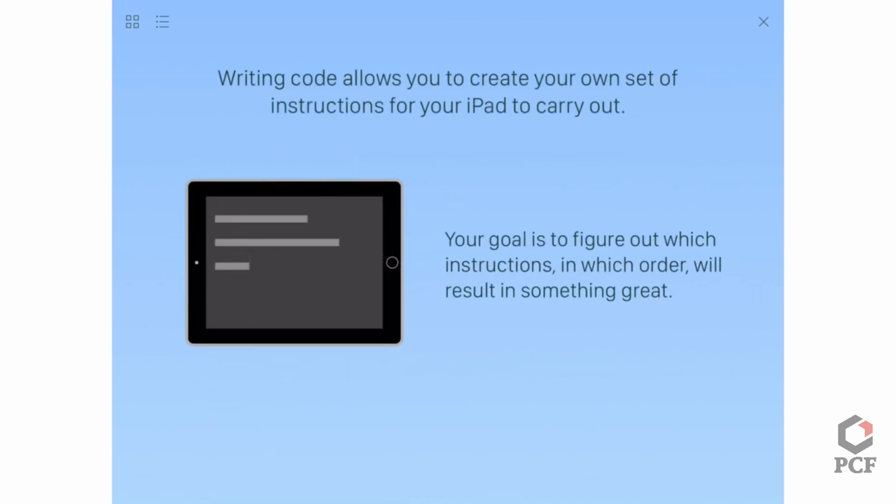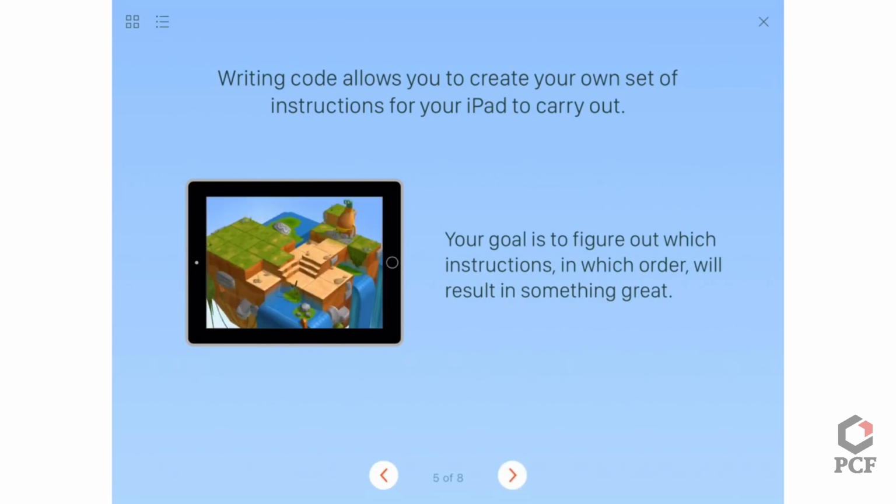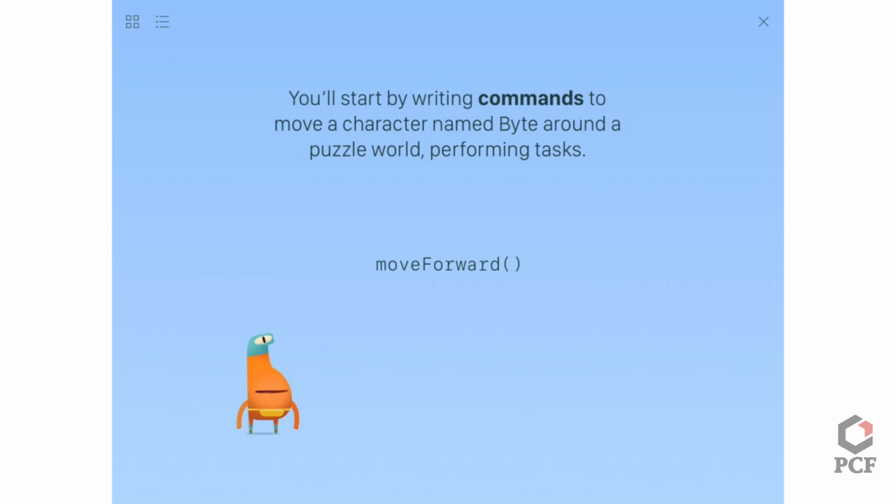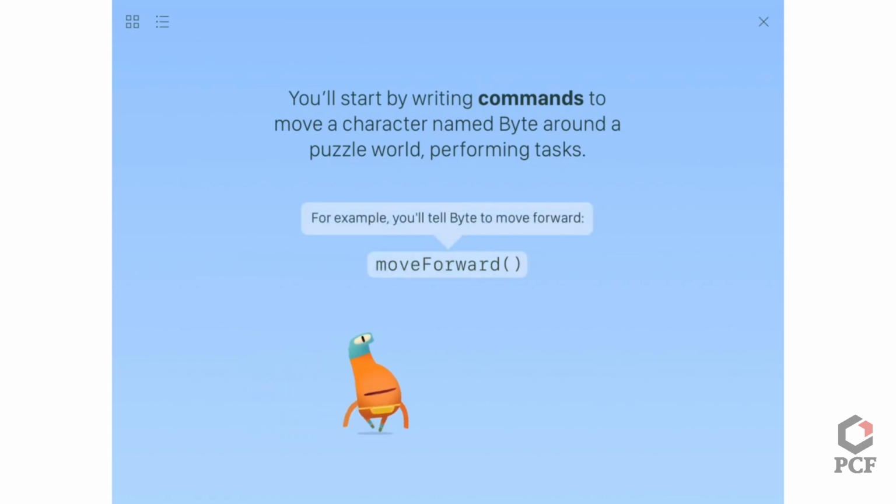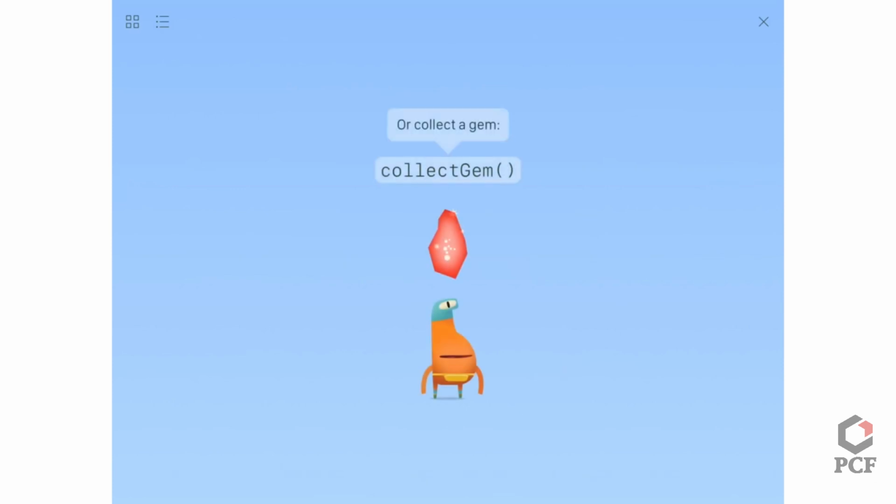So writing code allows you to create your own set of instructions for your iPad to carry out. Your goal is to figure out which instructions, in which order, will result in something great. That's important there. So you'll start by writing commands to move a character named Byte around a puzzle world performing tasks. For example, you'll tell Byte to move forward, and as you can see there, the code there is moveForward, and the second word is capitalised, and then open and close bracket, which we'll come to in a moment anyway. Also to collect the gem, which he jumps up and collects, and you'll see that a few times throughout